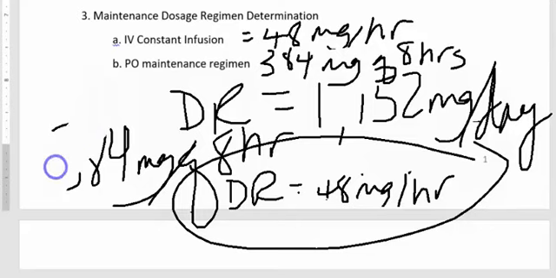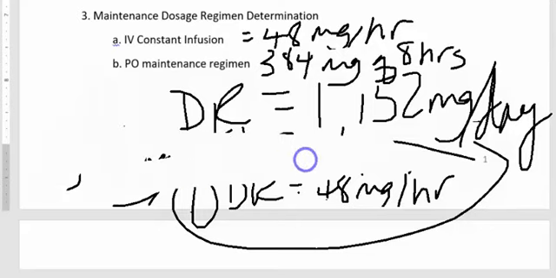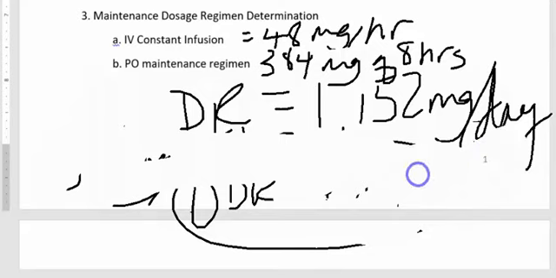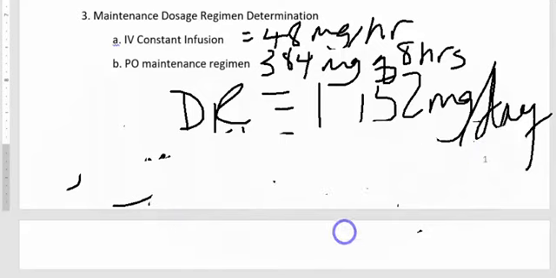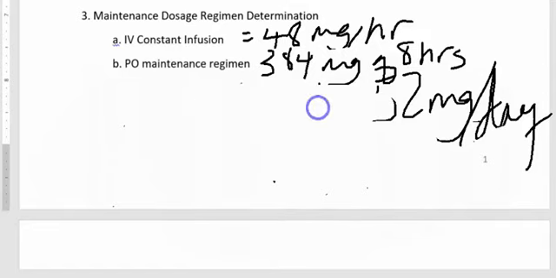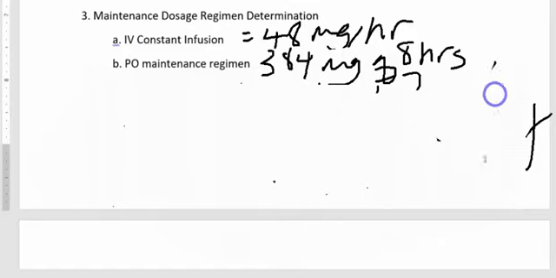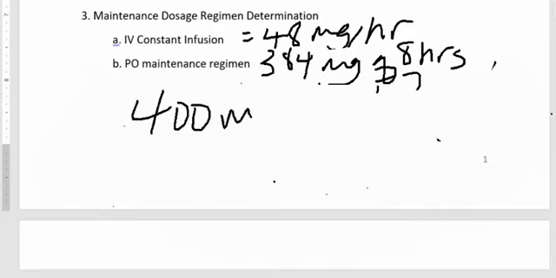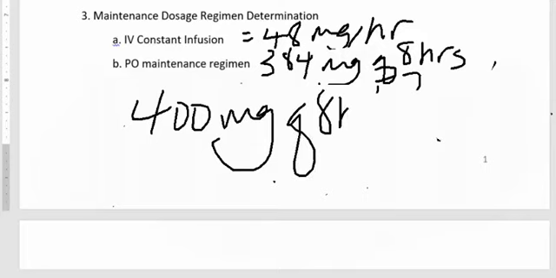Now, what if I told you that this drug comes in 50 milligram increments? So you can't give 384 milligrams of this drug. It's very rare you're going to be able to give the exact amount, right? So we have the choice of either giving 350 or 400. Now we're actually closer to 400. So let's say if we want to give 400 milligrams every 8 hours, or 350